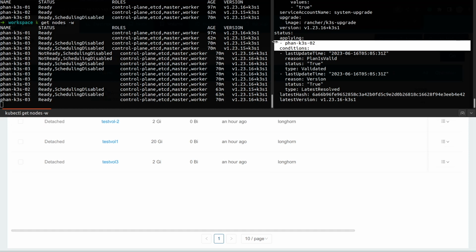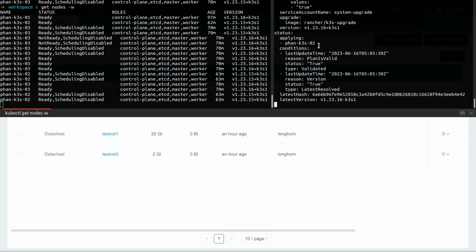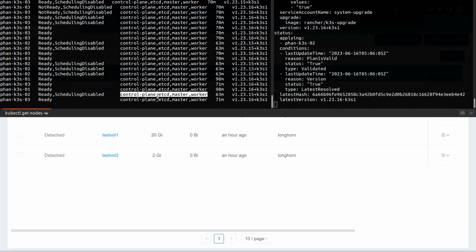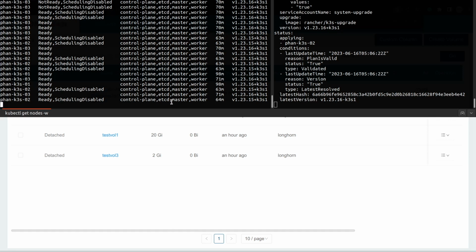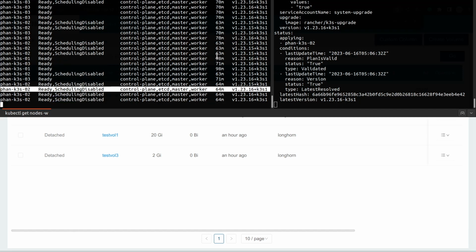Now it's upgrading node 02. Okay, so it finished upgrading node 02, and